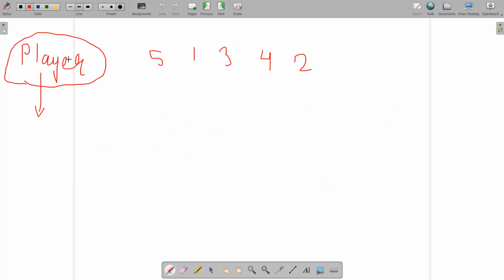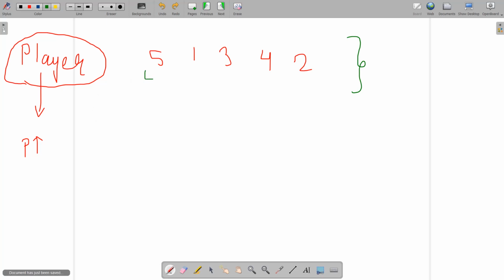So if a particular player, either Alice or Bob, wants to make his or her move, then what is the strategy of the player? To increase their particular score, and let's denote it as S dash, the score of a particular player, or let's denote it as P. I think P is good. That is, a particular player wants to increase his or her score. Now, if a particular player chooses either this element or this element, then what is the score of the player? Okay, so let's focus over that.